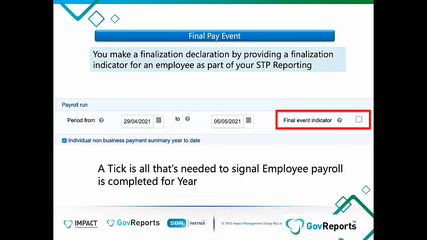But it is so much easier than payment summaries. Now, you may still be doing some payment summaries for other reasons, and that is also available in GovReports. But just being able to tick your employees once you've reconciled them, I think makes all of our lives